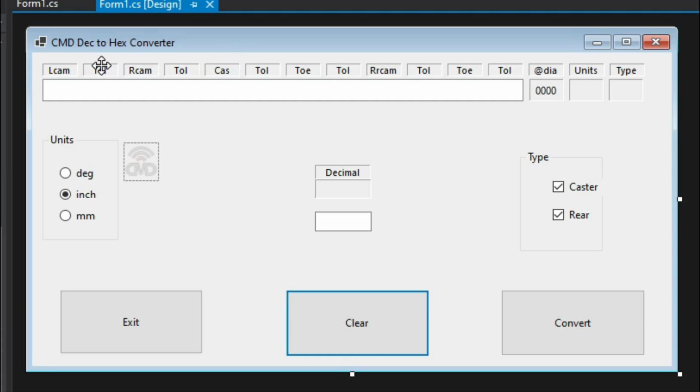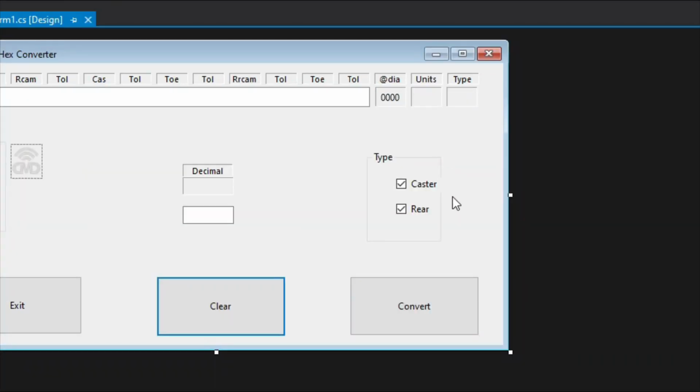As you can see, I customized the form to list the values on this list view window. I place labels at the top with all the necessary parameters, although the labels do not perfectly align to the data. Well, maybe version 1.2. Anyway, the labels at the end represent the hex values which control the default units used on the vehicle. As you can see, there's a group box with the radio buttons. The last label represents the type of alignment, caster visible or rear axle visible, also represented in this group box